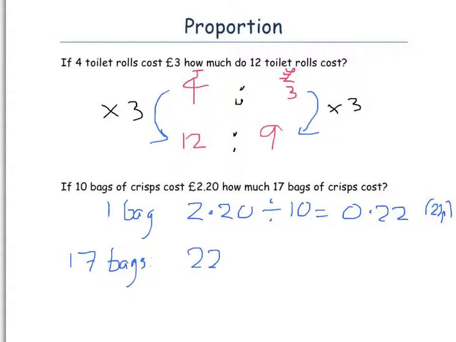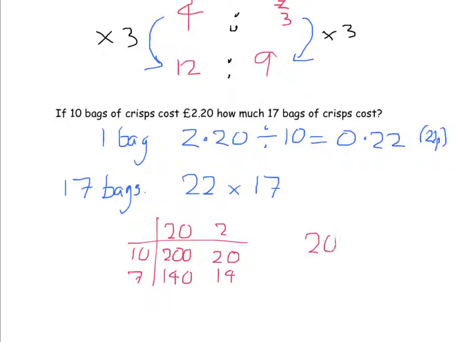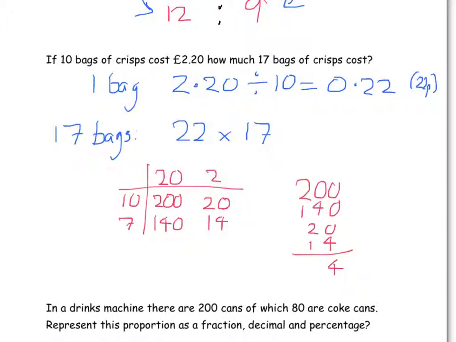so 22p times 17. Now this could quite easily be on a non-calculator paper, so we might have to use our old grid method of 22 and 17. So 20 times 10 is 200, 2 times 10 is 20, 20 times 7 is 140, and 2 times 7 is 14, and add all those together to get out how much 17 bags of crisps would cost. So that's 374p,